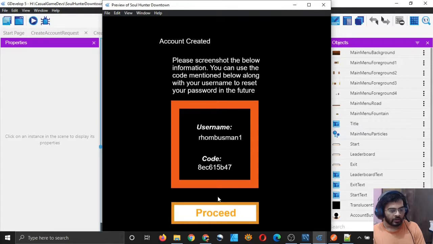So I have created a new account with the username rhombusman1, and now I will check in my database if my account has been created and whether the default values have been updated in it or not.